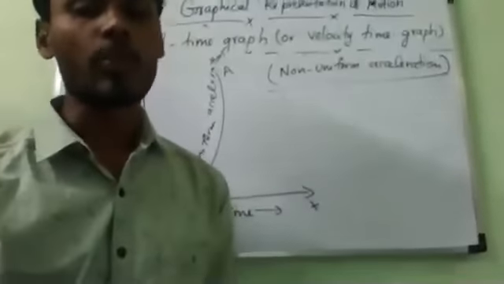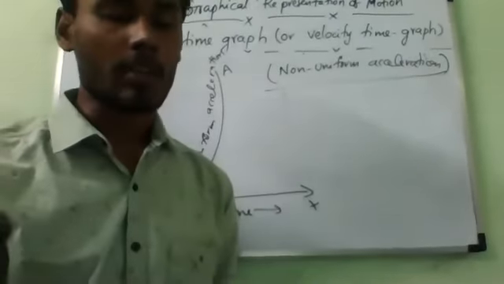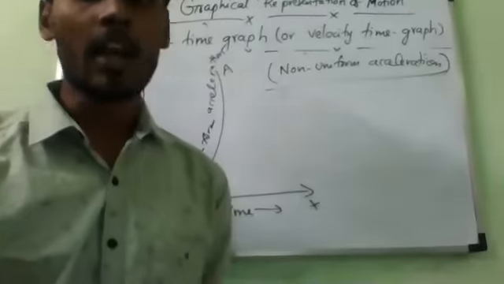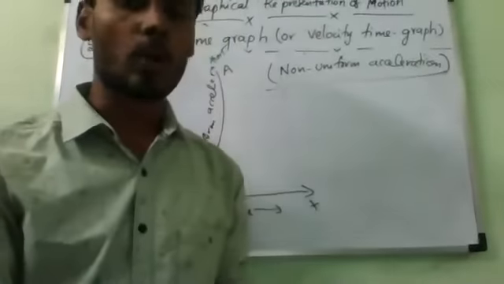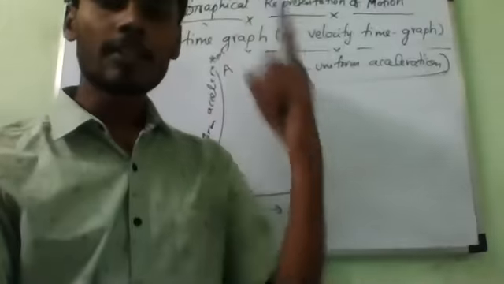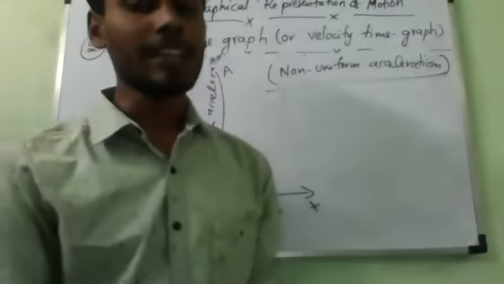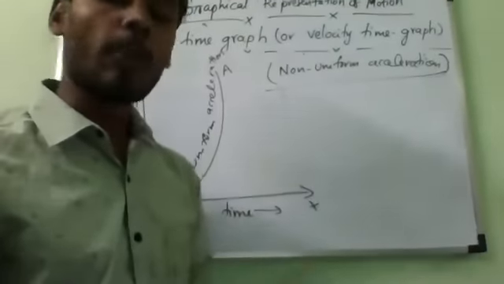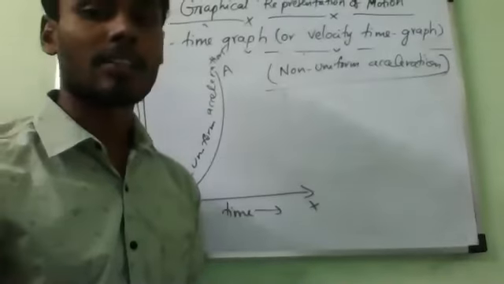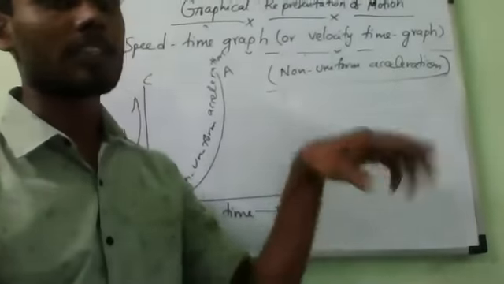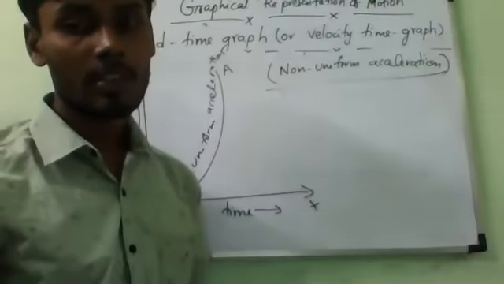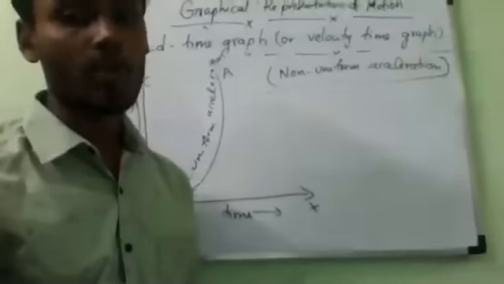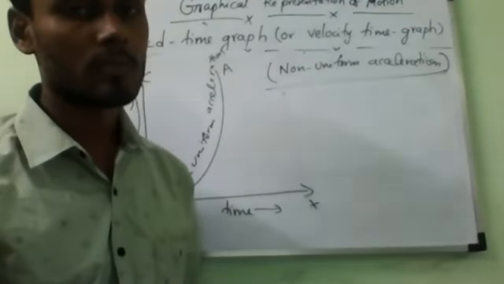Understand? So once again, you practice how to find area, how to find distance, how to find speed, how to find acceleration. See, speed and acceleration, both are what? Slope only. Yes or no? In the first graph, the slope of the graph will give you speed. In the second graph, the slope of the graph will give you acceleration. Again, the area of that shape will give you what? Distance. That's all. Is there any doubt in that? No doubt, sir. Laksha, I hope you understand well. Correct, Laksha?